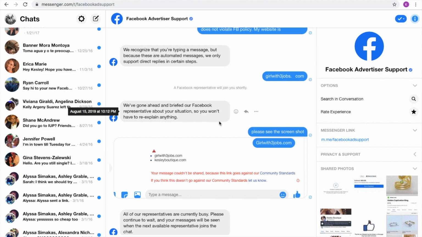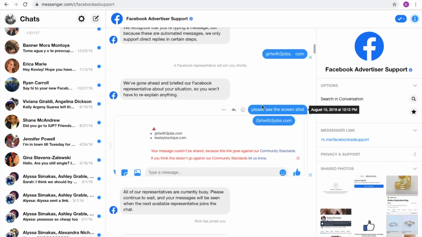I kept going. I didn't give up. So it just said, we've gone ahead and briefed a Facebook representative about your situation, so you won't have to re-explain. And here I'm sending them a screenshot. This is what it said. Your message couldn't be shared because this link goes against our community standards. So what was blocked for me was girlwith3jobs.com and KesleyBoutique.com, which are both of the domains that I have linking